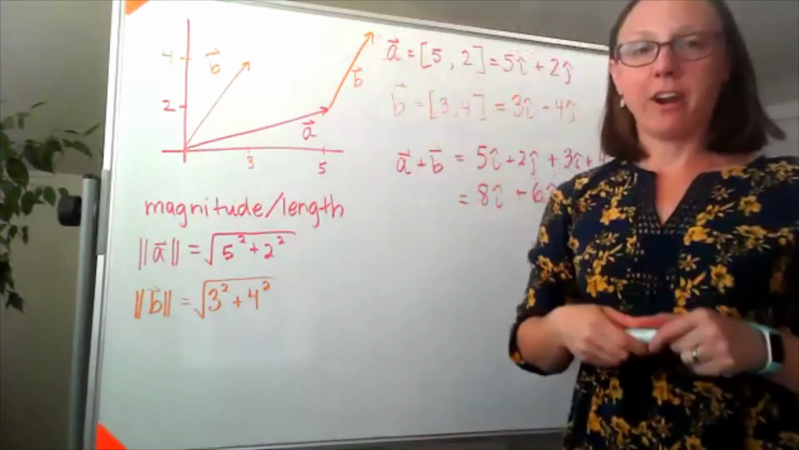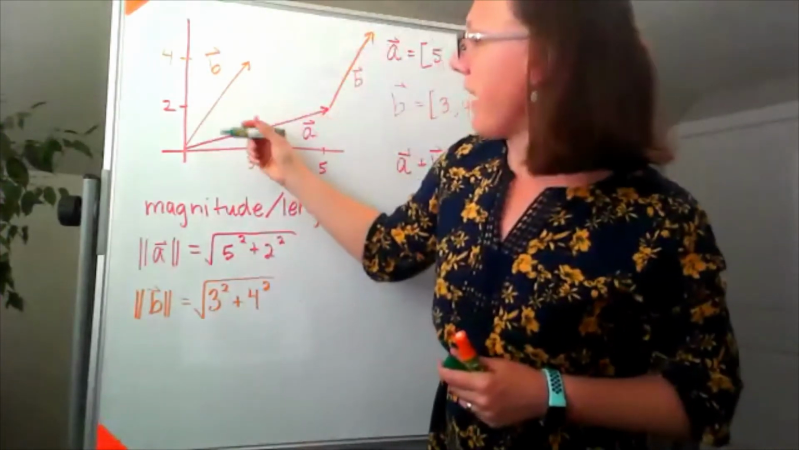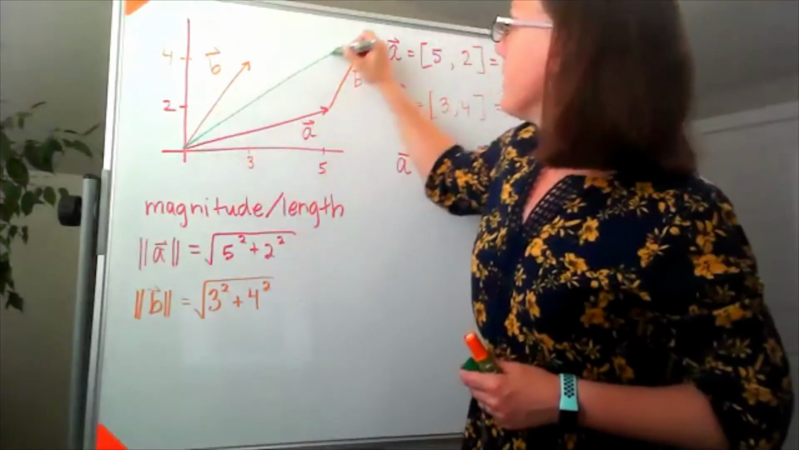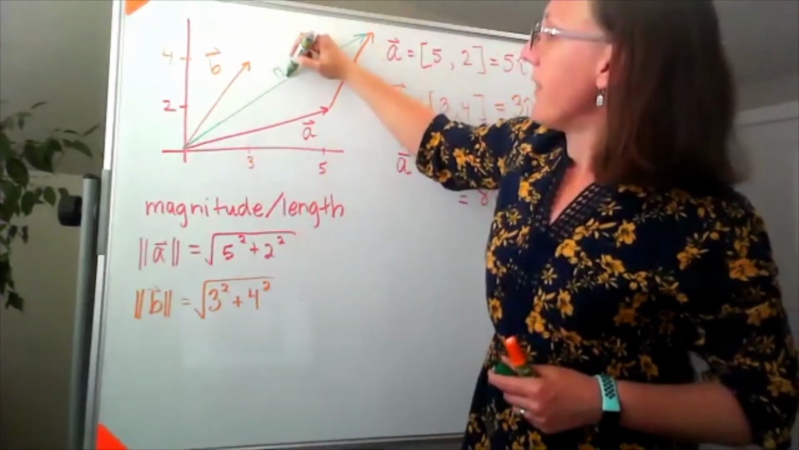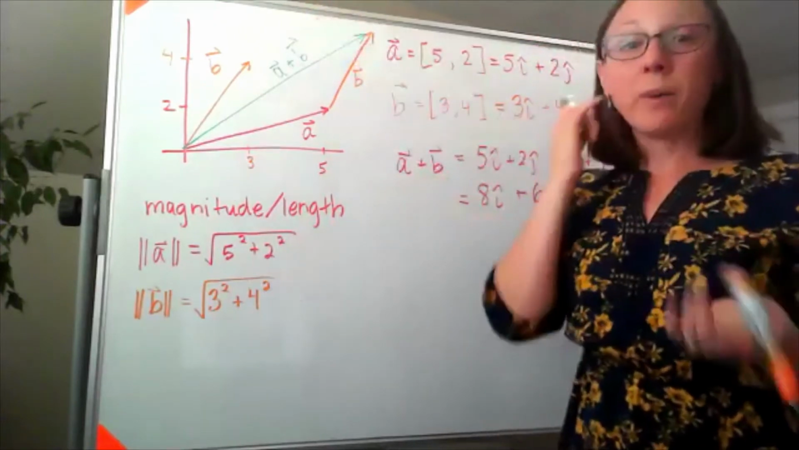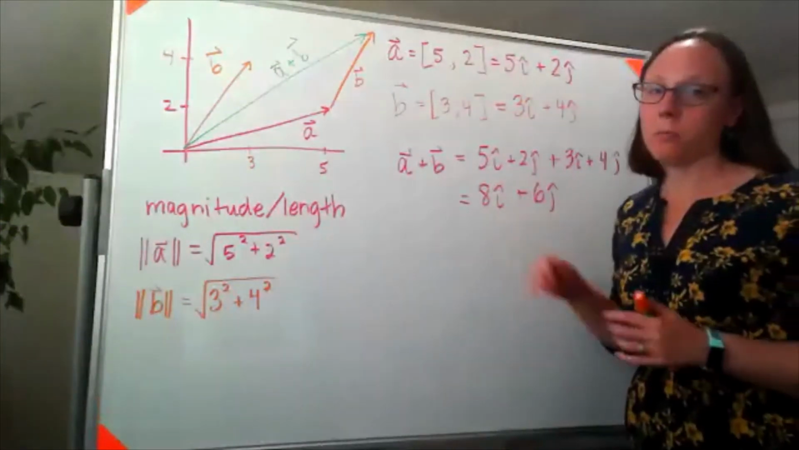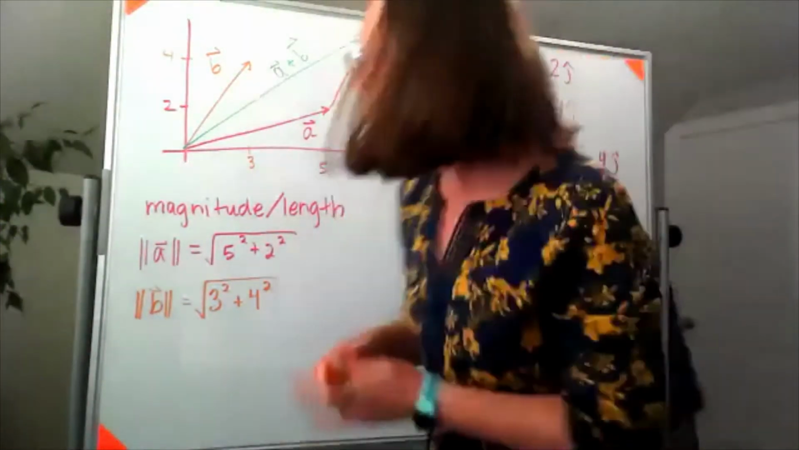And then our new vector A plus B would go from the end of A to that tip of B. And that would be my vector A plus B. And we can look at that geometrically and kind of get back to this component piece,